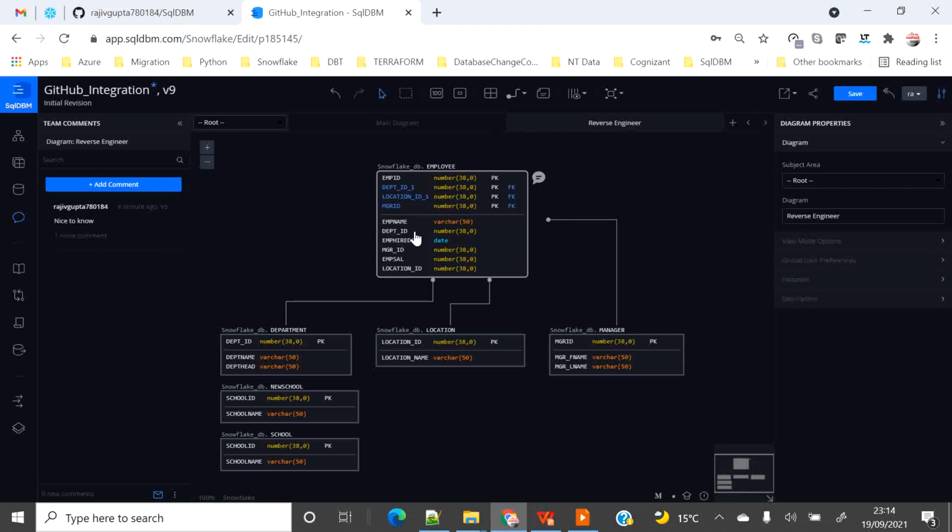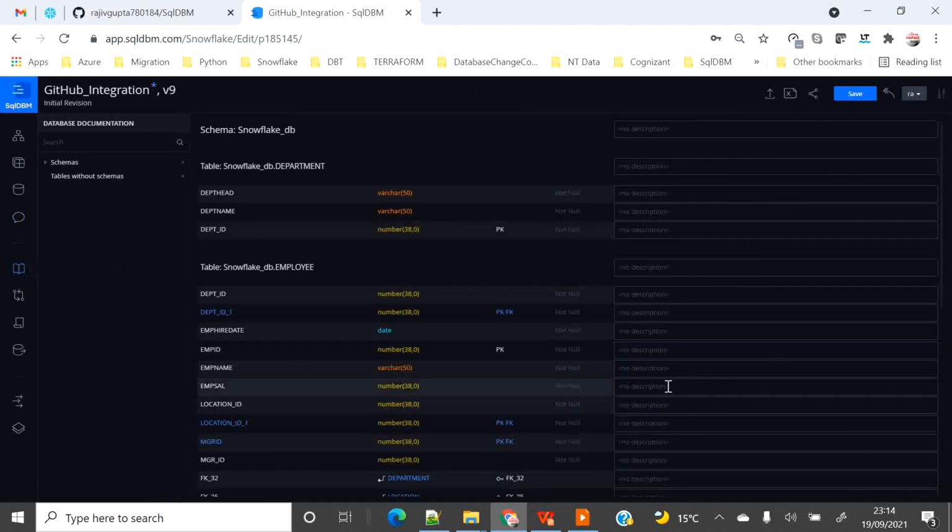Or maybe there will be a different business meaning or importance of that column, which we can't define over here, but we can feed that information in the documentation for auditing purposes. To do that, we click on this book, which is the database documentation. When we click on that, it lists down all the tables with all the columns, and on the right-hand side there is a column called description, where we can add all the descriptions.